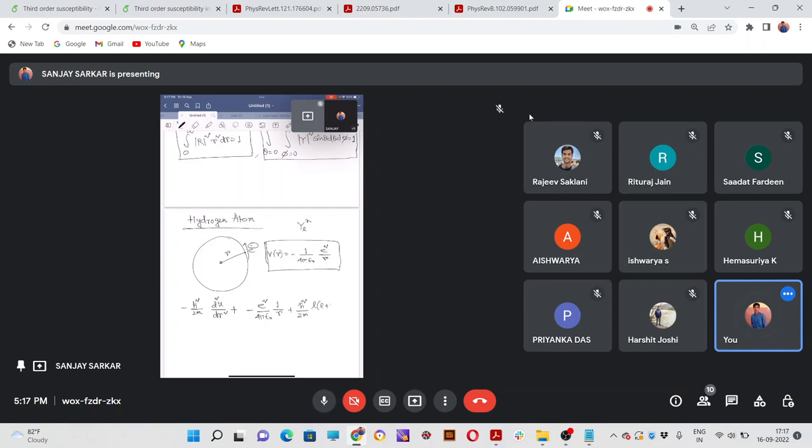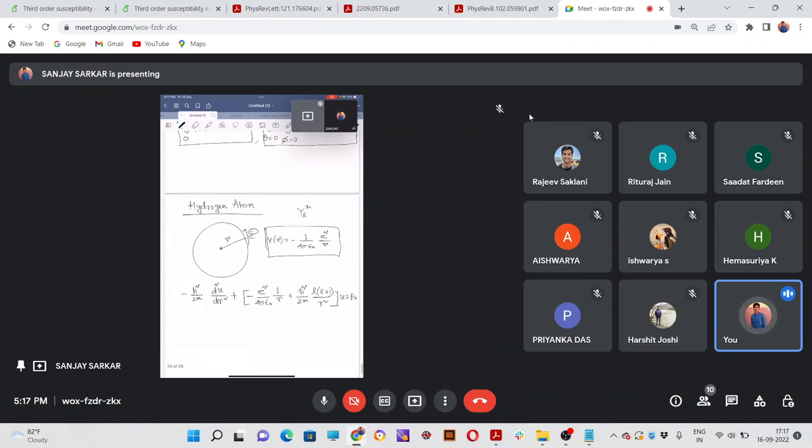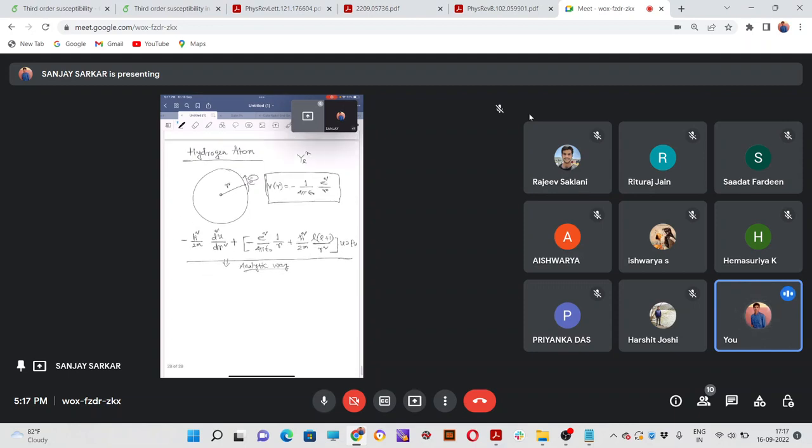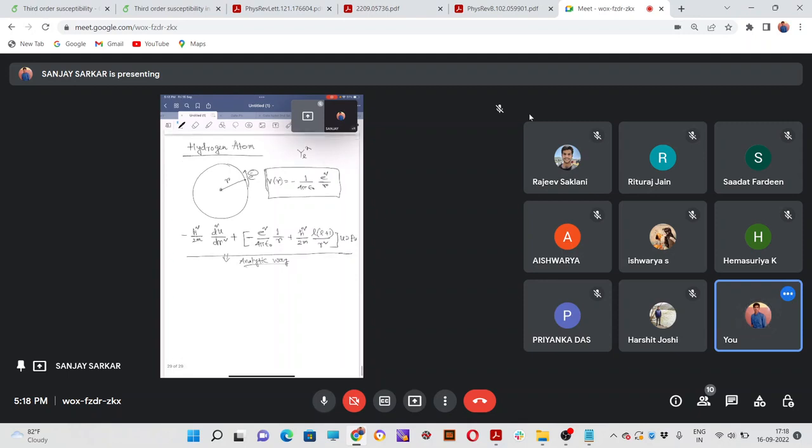So this is our radial equation. Now we can solve this equation in a similar way as we did for the harmonic oscillator, the analytic way. This is a lengthy calculation, and I am not going to do it. You can find it in Griffiths or in any quantum mechanics book, and the final expression for the energy will be